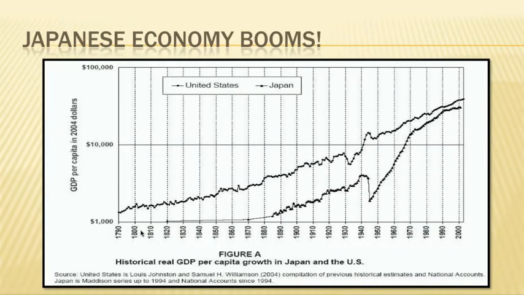Here is a graph that shows you pretty much how amazing this transformation was. This top line here is the United States economy. And notice right here, this would be the Great Depression. We had a pretty severe dip. World War II happens, into the 1950s we have a pretty good rise, and we've been steadily rising ever since. One thing that's not represented on here, of course, is the recession of 2008, 9, and 10. But this gives you a pretty good idea of what the United States' economy has looked like.